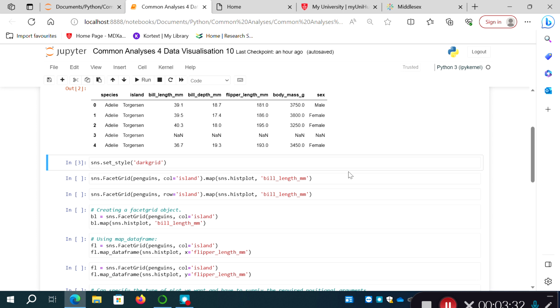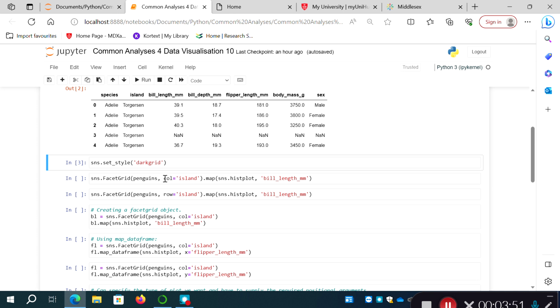In this case, it's FacetGrid, but notice the syntax is slightly different to a lot of others. It's got a capital F and a capital G, so there's a couple of letters capitalized there. And then within parentheses for that method, I'm passing the penguins data frame object,